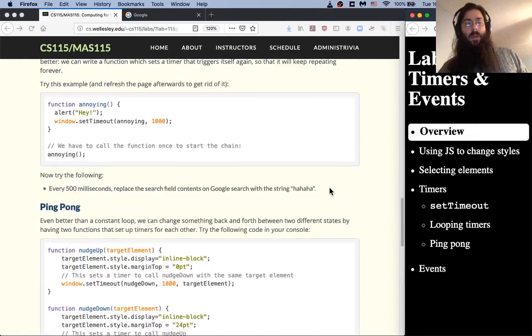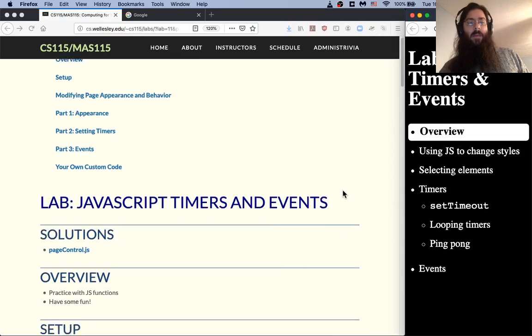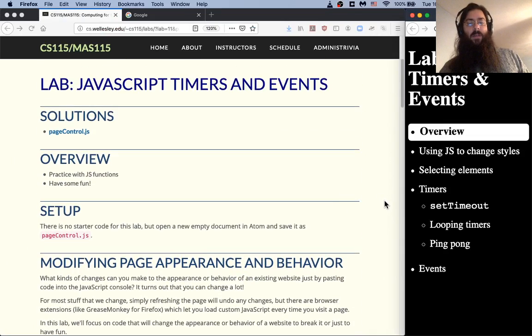The overview of this lab, the whole point of this, is basically to think about how we can dynamically modify the page using JavaScript and do some more advanced things like animations that change over time. And this is useful for your own pages, but the motivation that we're going to use for this lab is